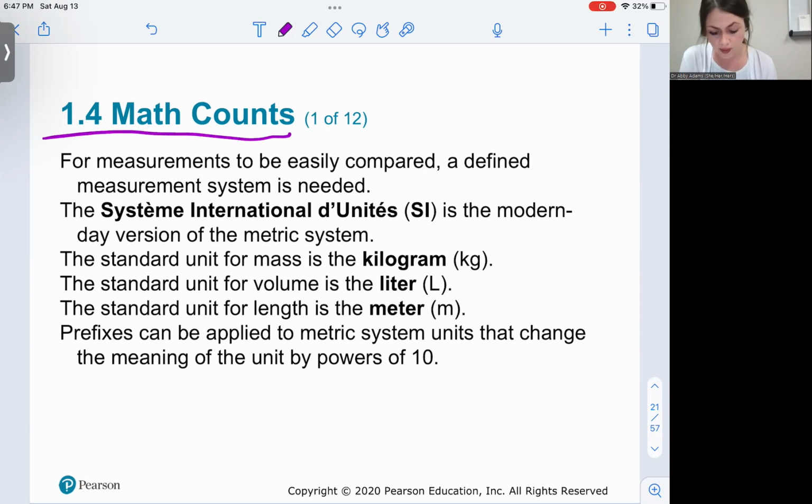Okay, 1.4 math counts. Whenever we are talking about numbers, we think of a universal system, right? Well, when we are biologists, chemists, or nurses, we are relaying information in numbers that are in amounts, units. So like a pharmaceutical in this amount, for example, or these cells in that amount, that is represented by a number and the amount is in a unit. And just like the number is in a universal scale, a universal language, that's math, the unit needs to be